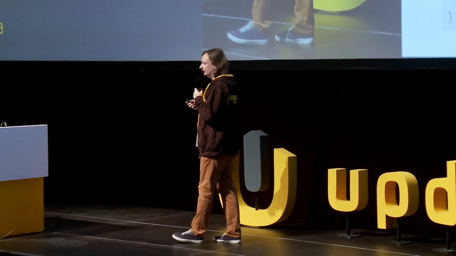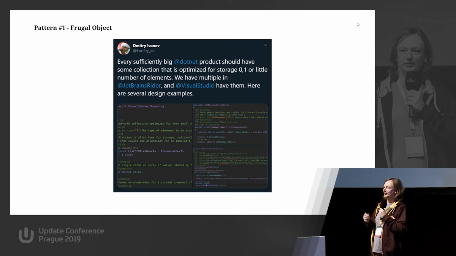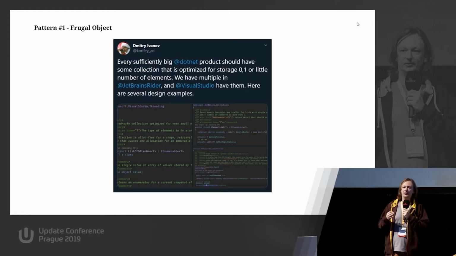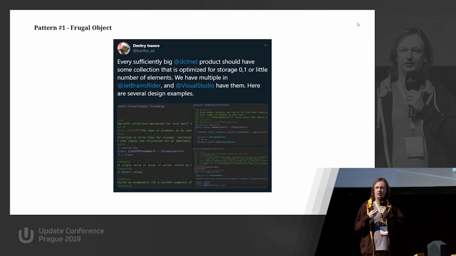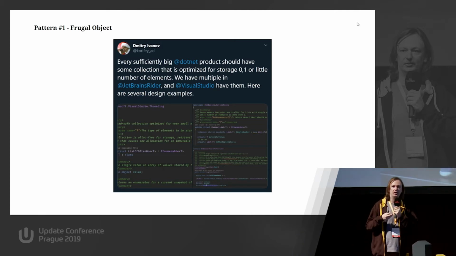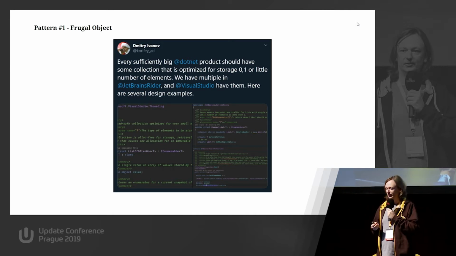And in fact, a lot of such collections we will meet in various code bases, like Dmitry Ivanov recently tweeted about that fact, that a lot of code bases are trying to represent somehow a collection that most often contains a small number of elements, because using a list is just an overhead here.